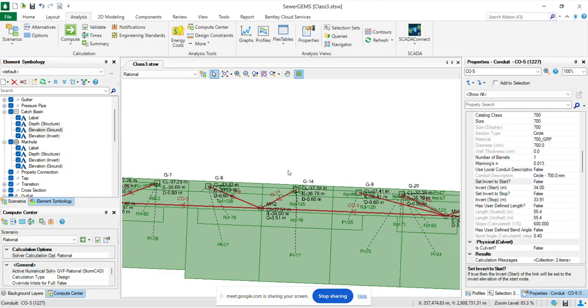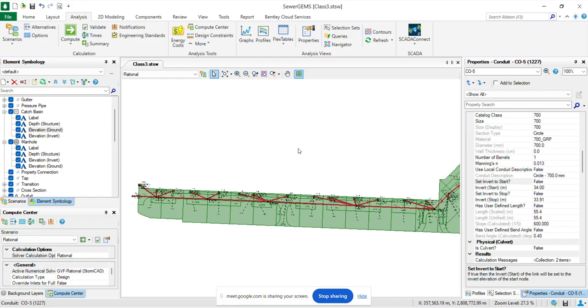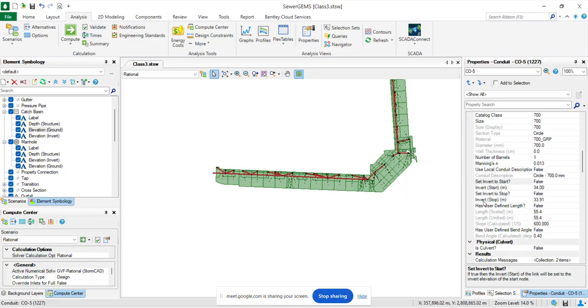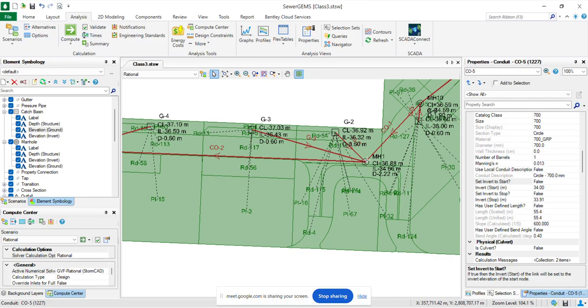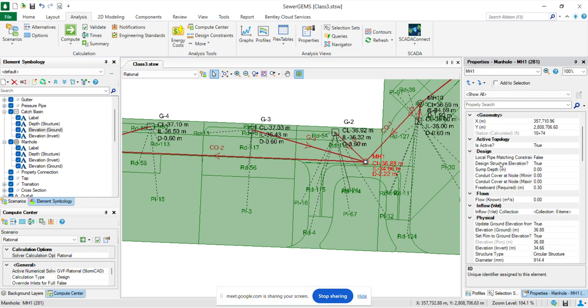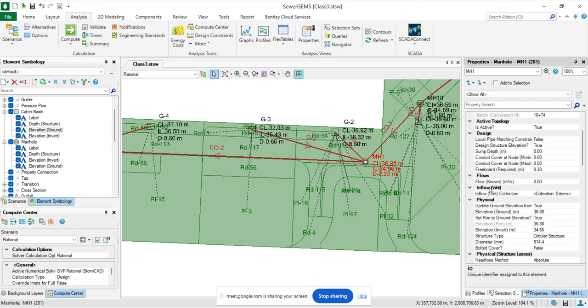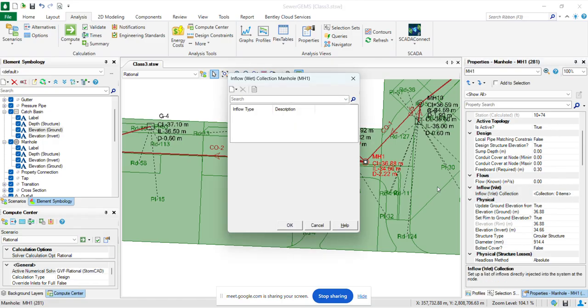So okay, now the profiling has been done, and how to use the local pipe constraint has been explained. Now we are going to move on to how to give the fixed load, then we will be winding up the session. If you click on any node, there will be one option under the inflow wet collection. Click it here, fixed load. If you don't have any kind of hydrograph or pattern, and you just know the value of the load,